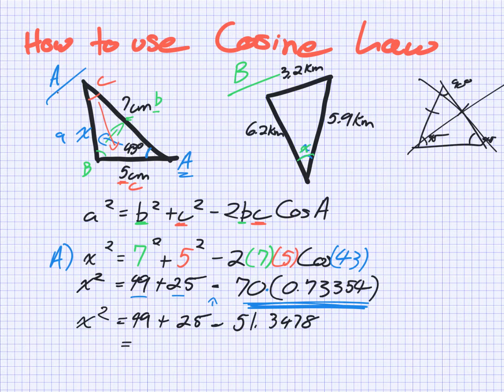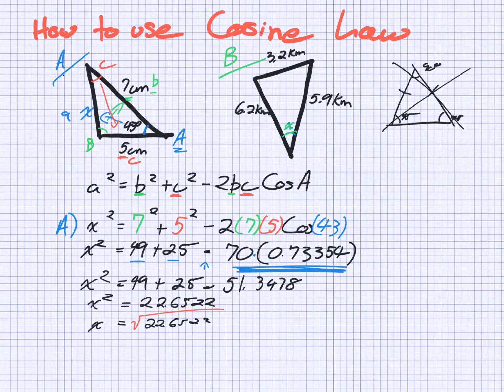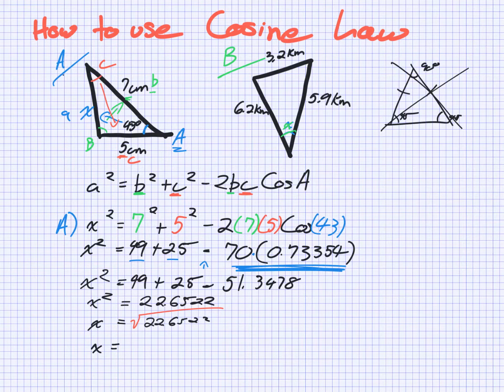All right, so we get 22.6522, whatever. It doesn't matter, we're rounding the decimal. Sorry, it does matter, but we're deep enough that we'll have a precise answer. This is squared, so in order to get this by itself, you actually have to square root this side over here. We use the opposite operation. That's how you eliminate or bring over a square. So we have to find the square root of 22.6522. And the square root of that should be, okay, x equals